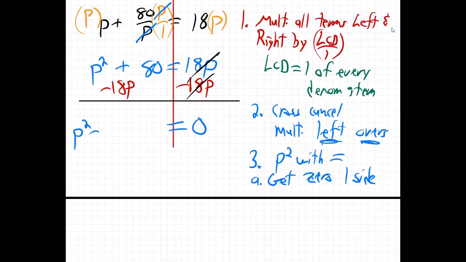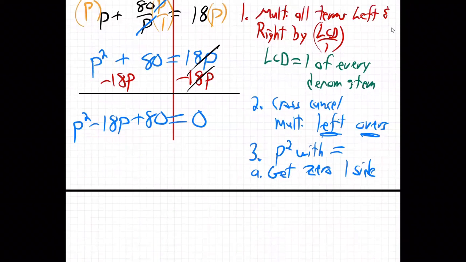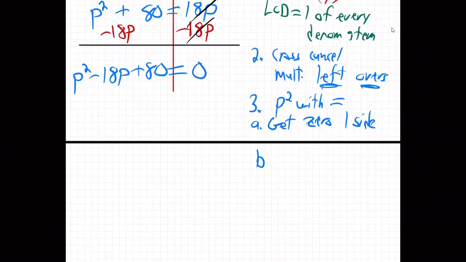What do we have on the other side? P squared. Put the 18P in the middle, because we always want these in order, right? From highest power to lowest, P squared, P, no P. Not making sense? P squared, P, no P. So put the minus 18P in the middle. See what I did? I made a 0. So when P squared or X squared suddenly shows up, we've done this before, but I know it's been a chapter or two. Might be a little rusty for you. When X squared shows up all of a sudden, step number 1, you've got to get a 0 on one side. And then, well, okay, then what?